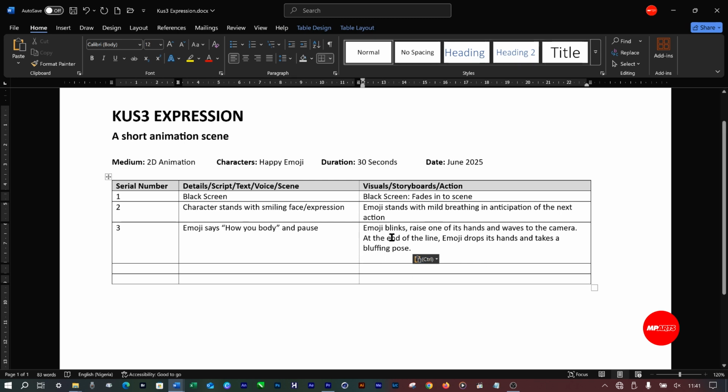This is the visual. Emoji blinks, raises one of its hands, and waves to the camera. At the end of the line, emoji drops its hand and takes a bluffing pose. Now, what is the line? This is the line. This is the expression. This is the visual. So if you permit me, for better understanding, I can put expression